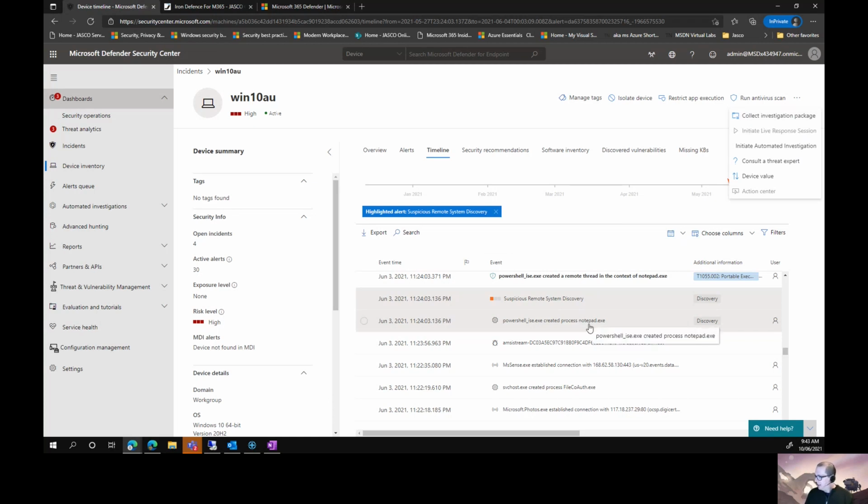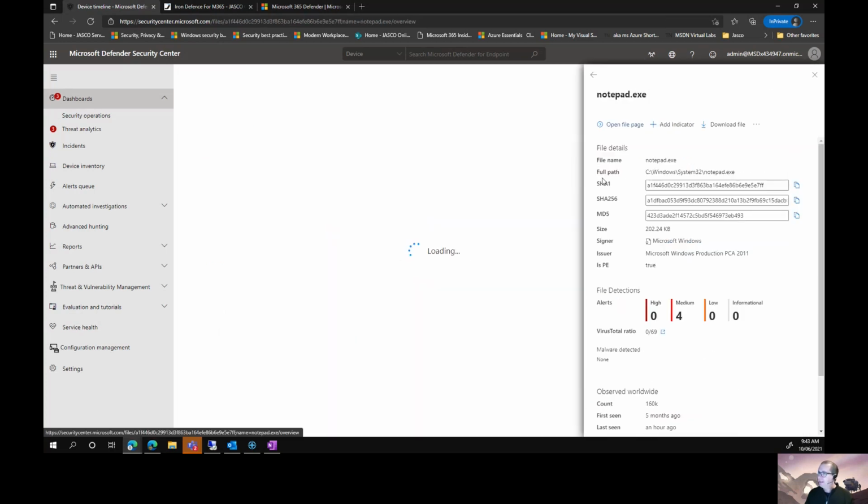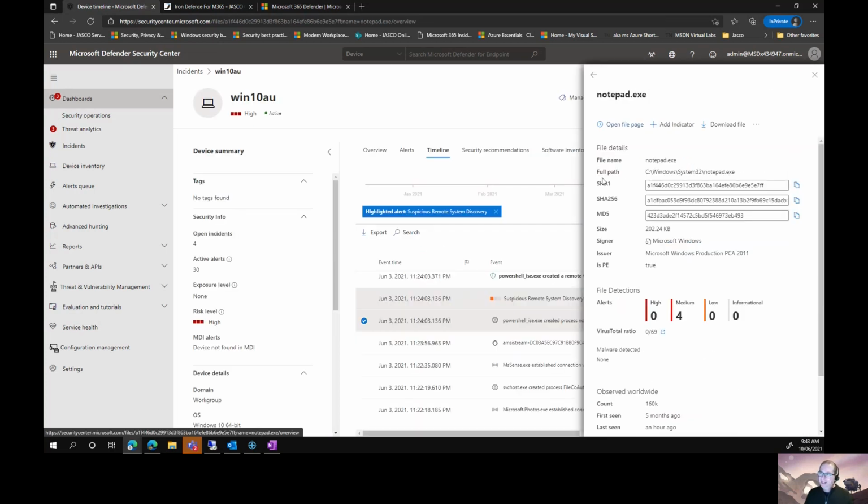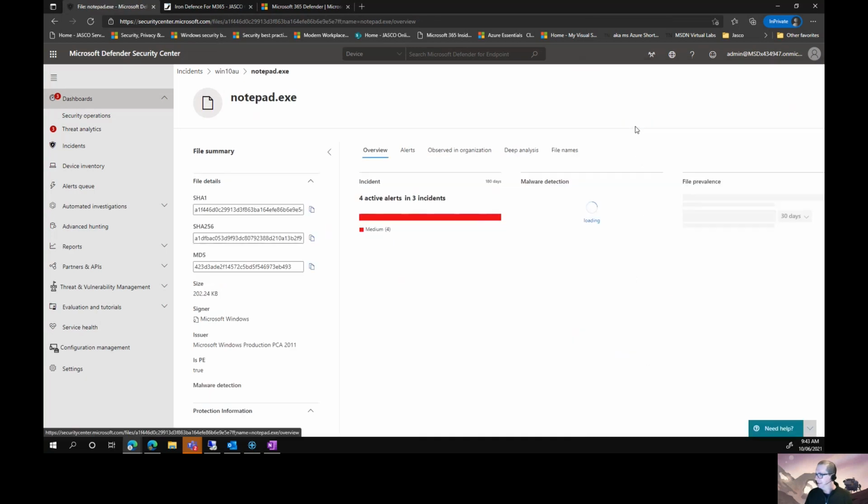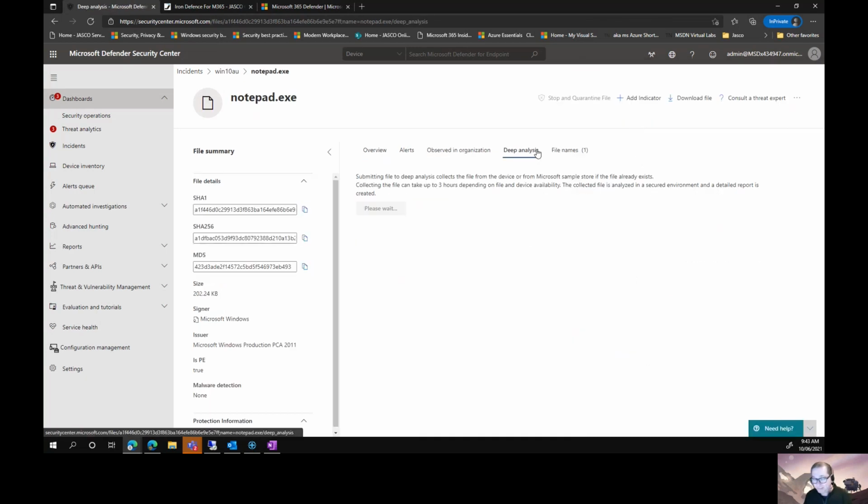There's also the capability for me to detonate files within Microsoft Defender for Endpoint, to submit a file for deep analysis. What deep analysis does is it picks up that file, detonates it in a Microsoft environment, and tells me everything that file did. So if there's a file being executed as part of an attack, or what looks like an attack, I can see registry keys, files dropped, websites communicated with, all of those things that'll help me determine the scope of